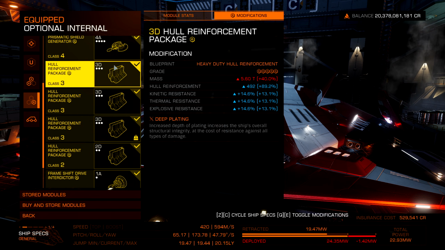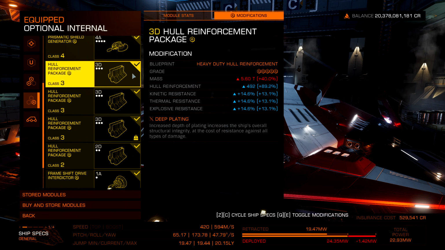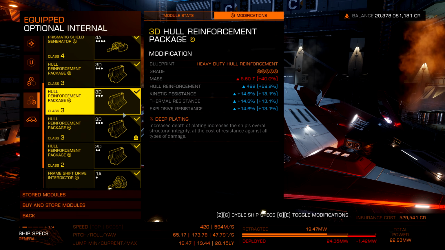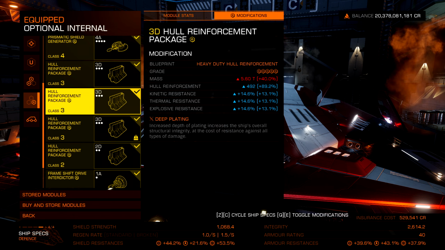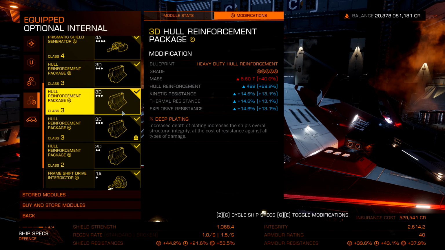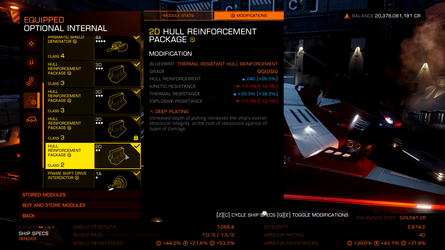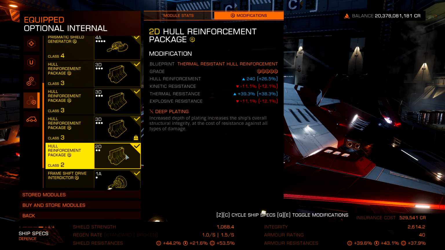And then we have some hull reinforcements. We have 3 3D hull reinforcement packages here with heavy duty 5 with deep plating to basically give the armor some extra love. And if I'm correct, I can actually show you guys the hull armor. That's the shield and integrity. That's pretty good integrity if you ask me, guys. 2600, that's pretty good with some pretty good resistances. So yeah. And then the 2D hull reinforcement package with thermal resist hull with deep plating to counter the reactive armors, so you have good